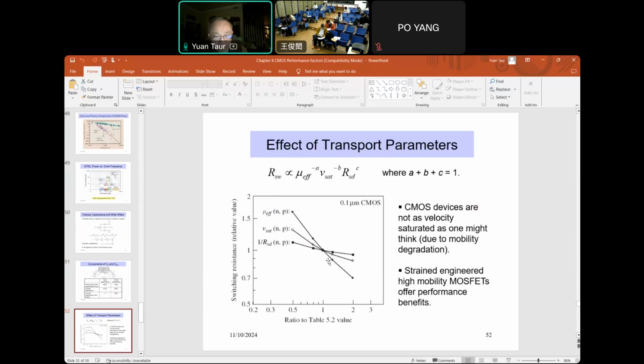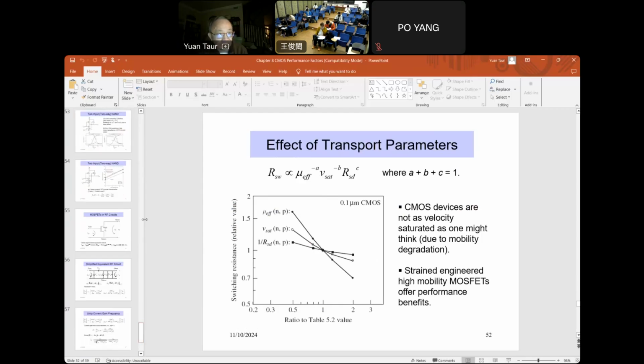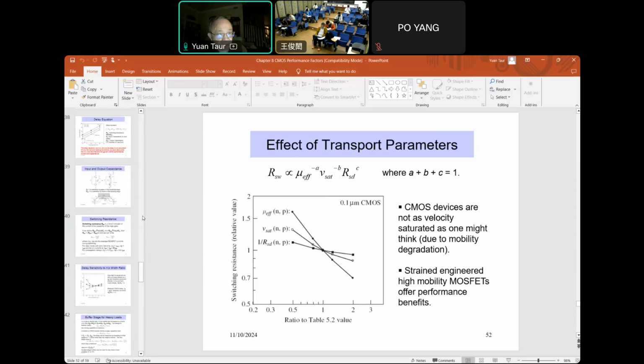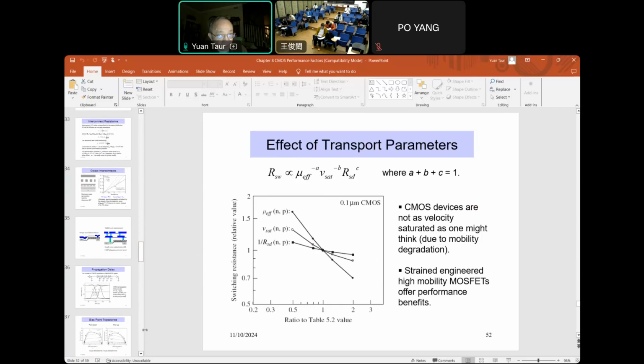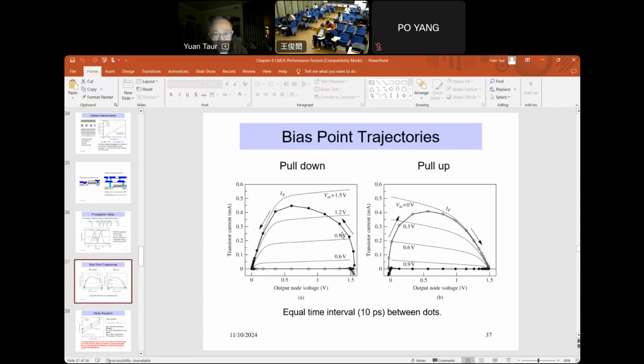Actually, you can see that for this simulation, the most important factor is the mobility. The mobility actually has the steepest slope of the switching resistance, or 1 over current, versus the normalized value of these. Okay, and this, as I explained, is because in the propagation delay situation, quite a bit of the delay comes from